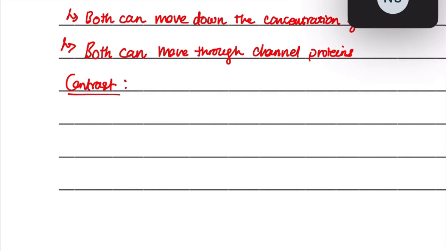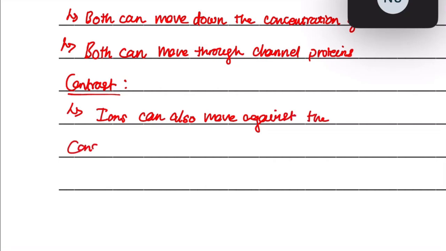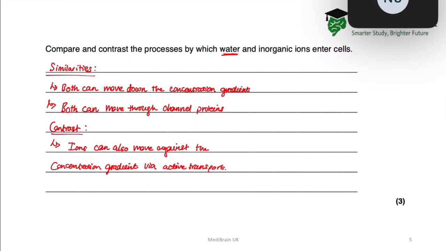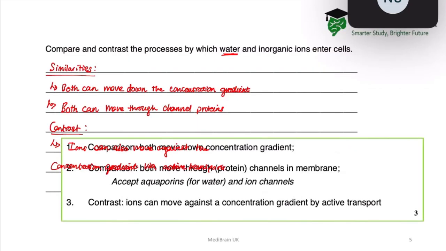What happens with ions is they can also move by active transport against the concentration gradient. That's the contrast that you need to put in. So ions can also move against the concentration gradient via active transport. If I show you the mark scheme for this,